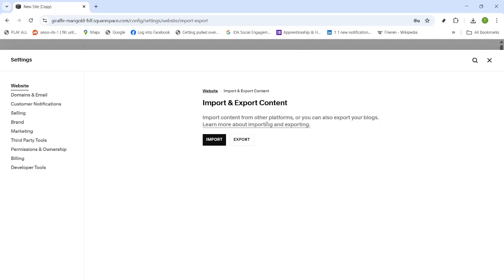A few quick tips before you dive in on your own. Make sure you're working on the correct site in your account, confirm you have the proper export from your original platform, and expect large libraries to take some time to process. After any import, review your pages and posts, fix internal links, and tidy up navigation. When you're ready, repeat the same path. Website, import,